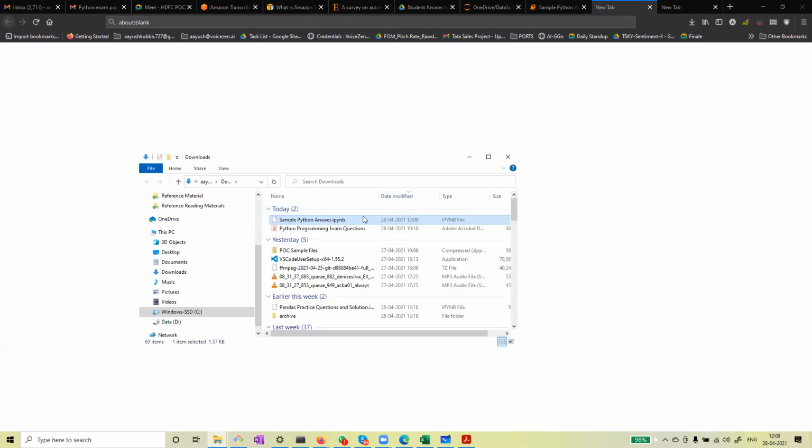If you open this file, it should be something like this. Wherever it is saved, just go and try to open it once. Or else share your screen, I can probably see what is going wrong. Okay, just give me a second.